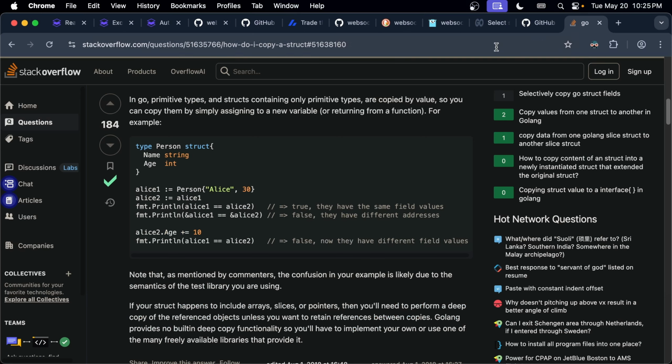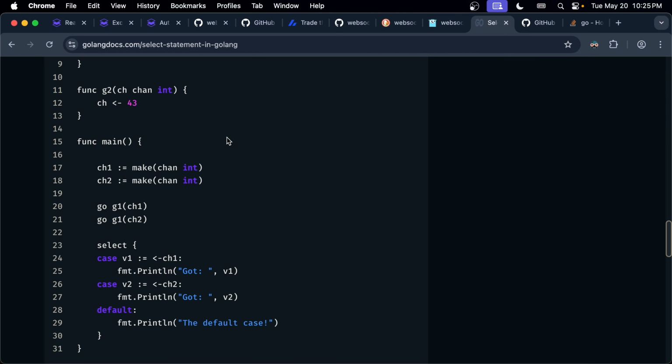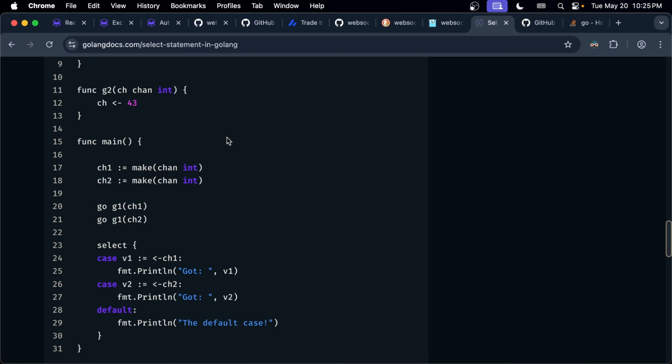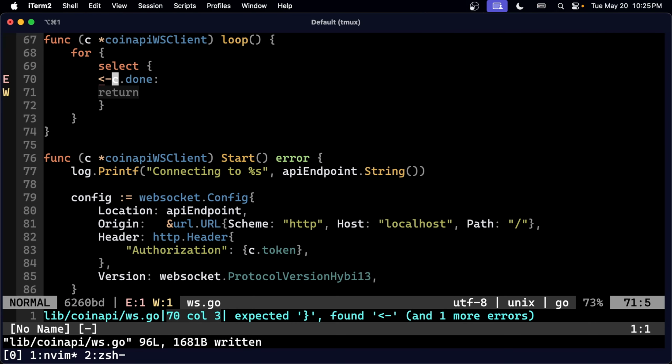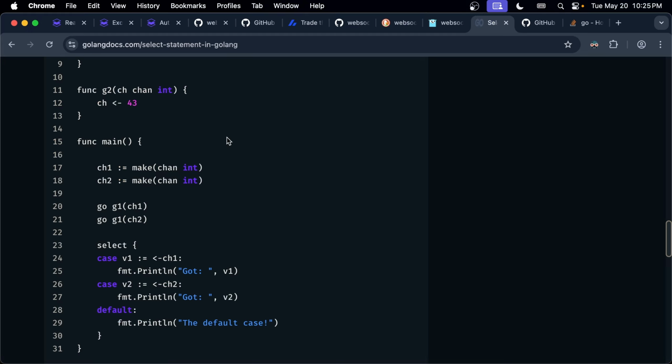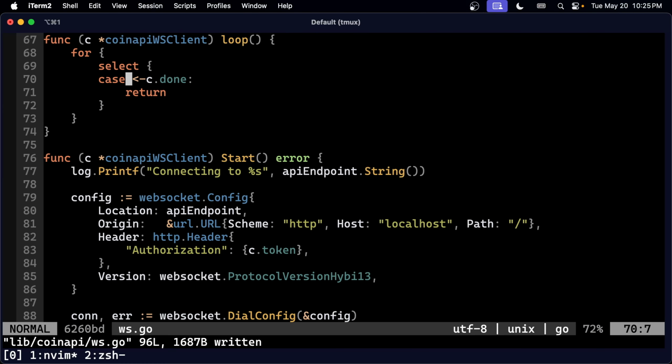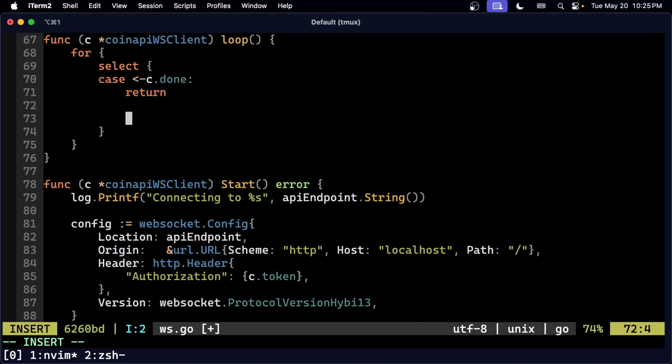Wait, how does select work again? Case. Select case this. We return. And default is going to be